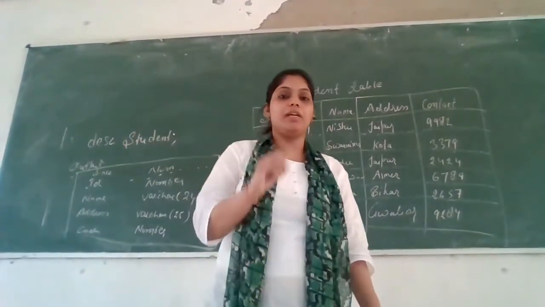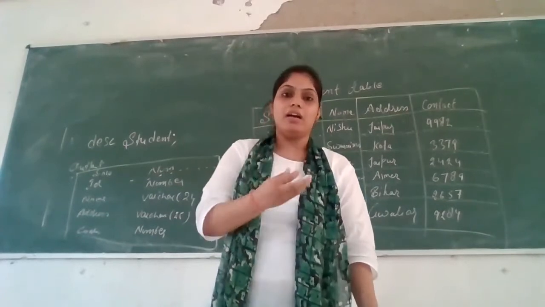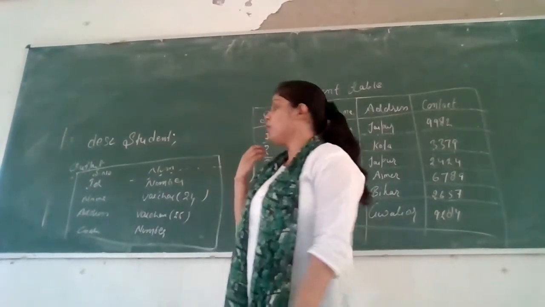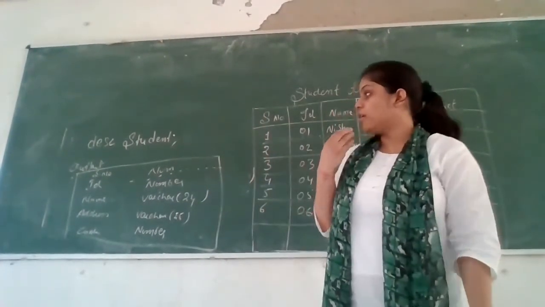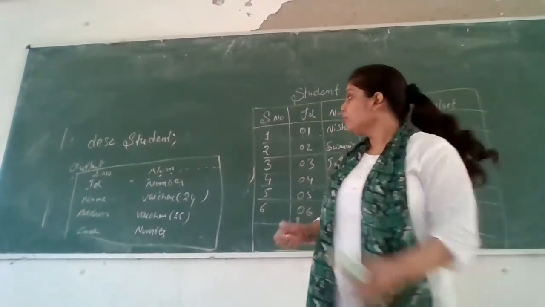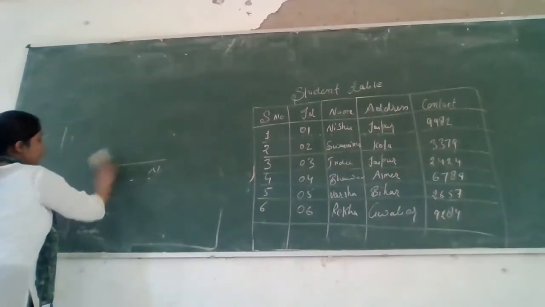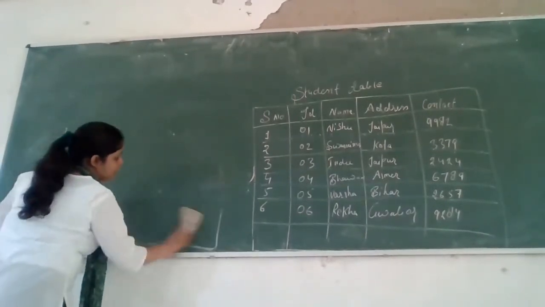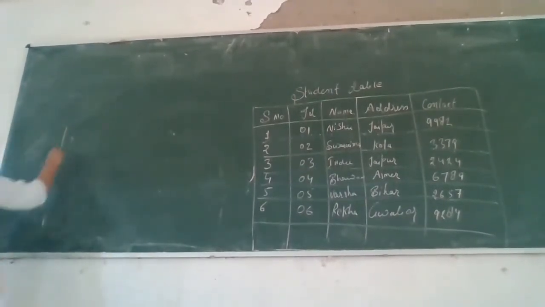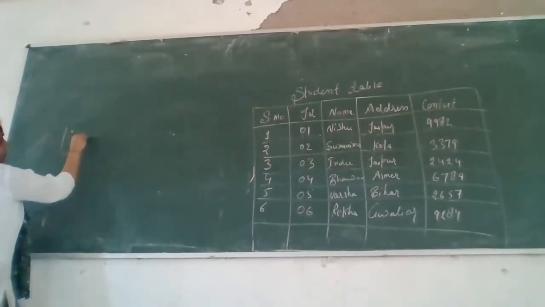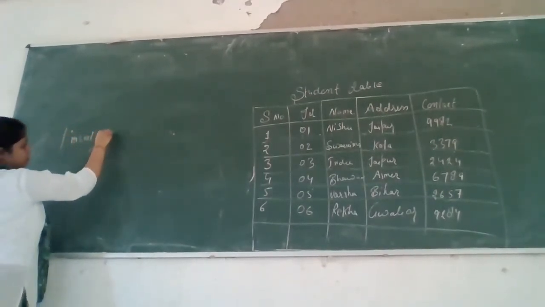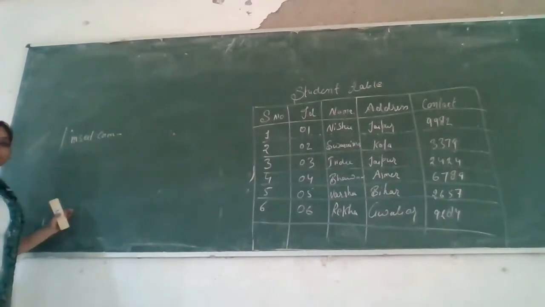So if you want to make a table unique, then you create the table by using a primary key. You use a primary key in a table by adding ID, name, address, and whatever you want. Now we insert data in a table. So what is the command for insertion? The insertion command is the insert command. We have four insert commands.